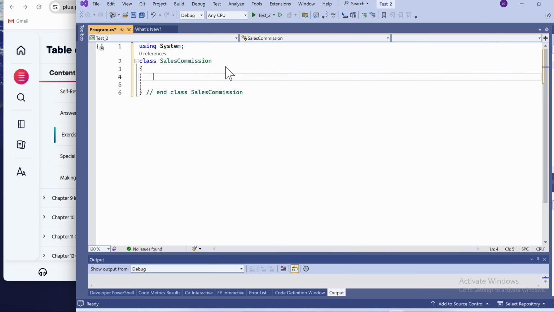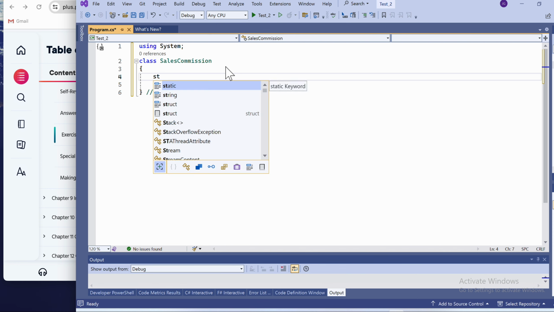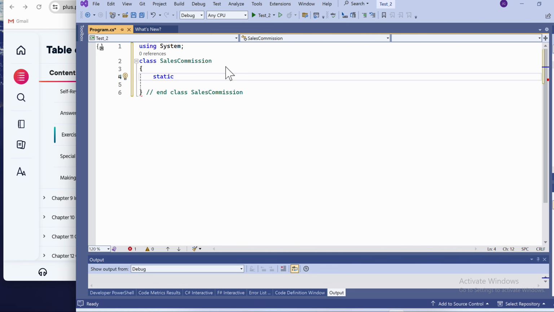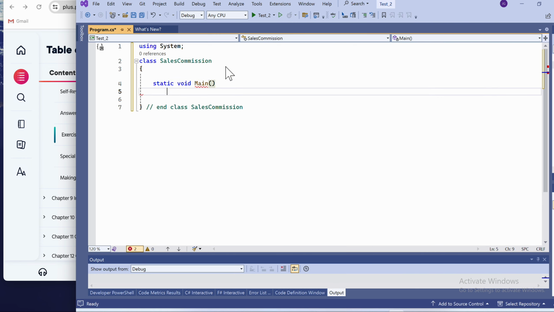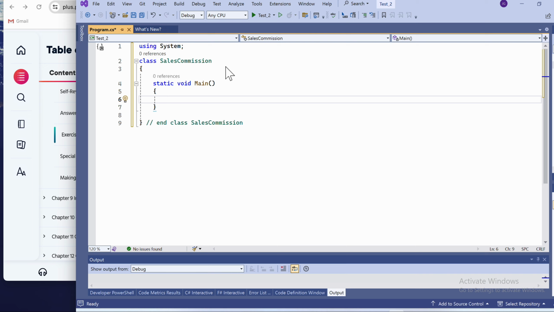And then within our class we're going to have the main method, and within our main method we're going to want to